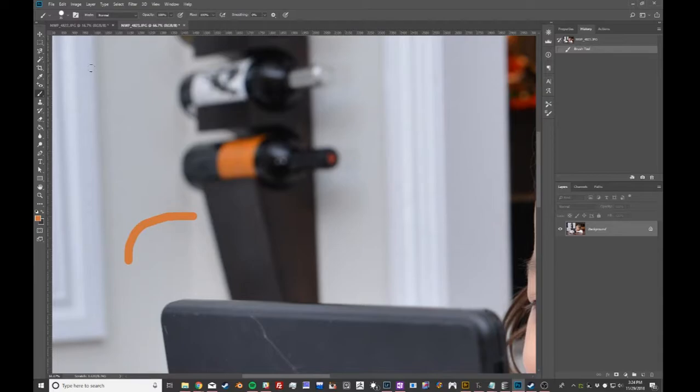But if you, why can't I undo this? What is going on? Okay. But if you turn smoothing on,